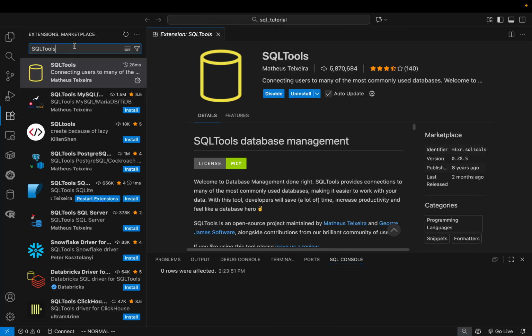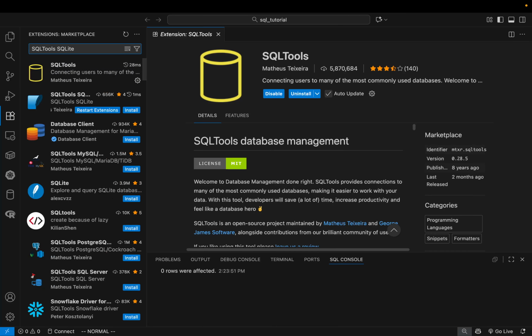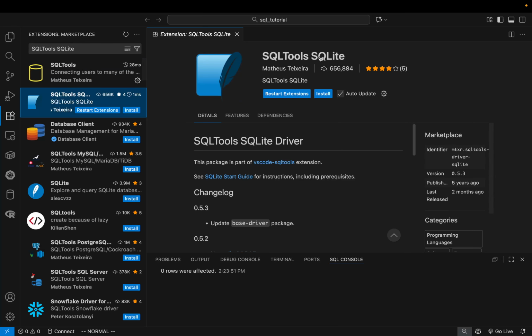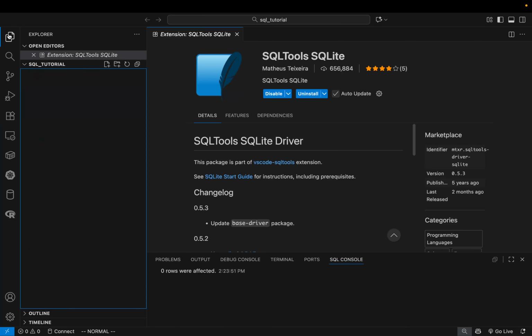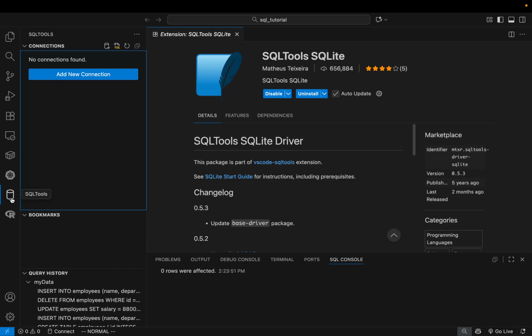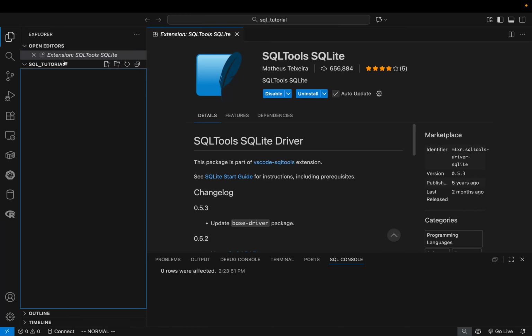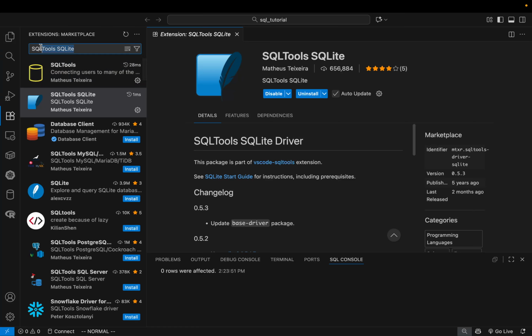The next thing that we need is SQLTools SQLite, and here it is, the driver. We need to make sure to install that as well. Once those are both installed, you should now see this SQLTools icon in your sidebar, which you had not previously had. The final thing that we need to install is